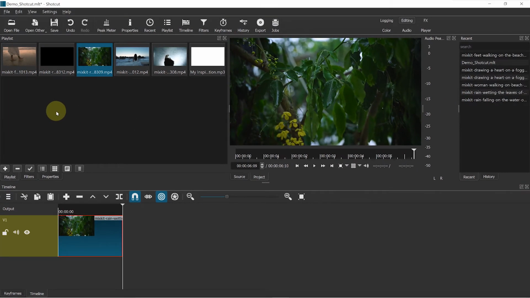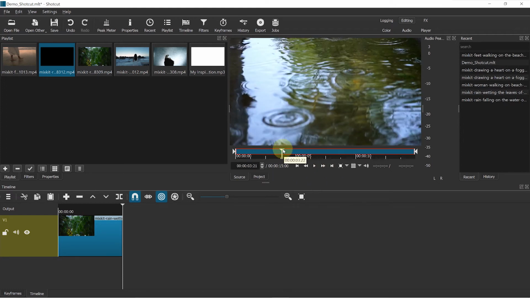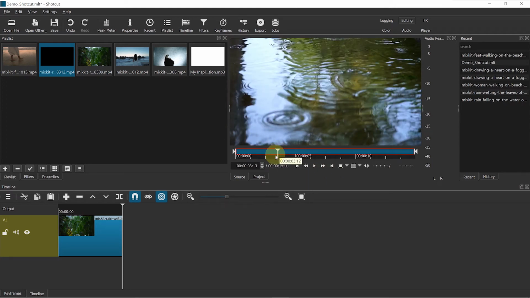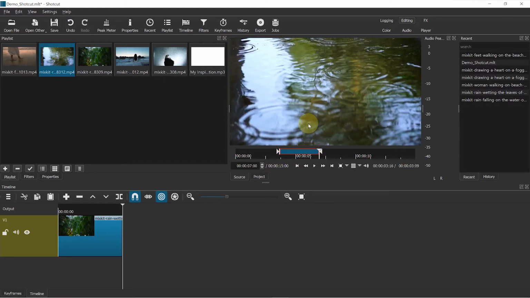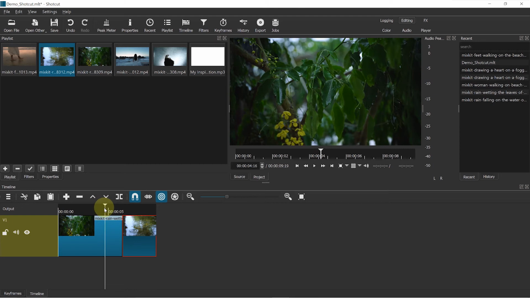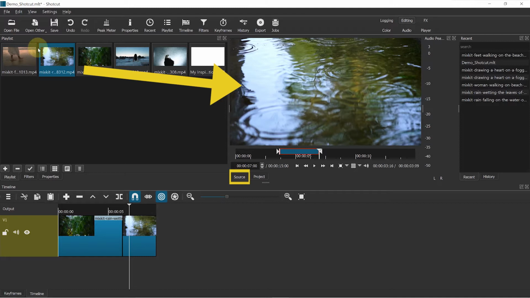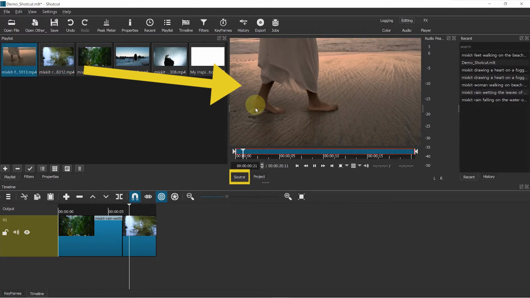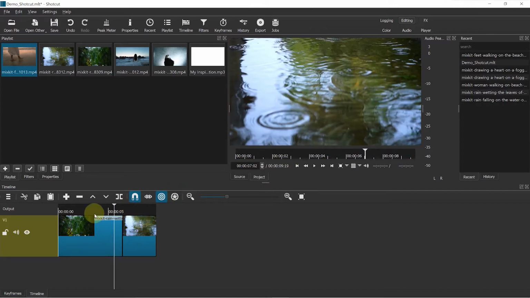Now let's add another clip to the timeline. Double click on the clip. It will open in the Source Monitor. Rather than using entire clip, if you want to use only small portion of this clip, then just move these white arrows, select your in and out points, then hold it and drag and drop it to the timeline. Now you have these two clips. And notice whatever you have on timeline, you can see it in Project Monitor. In Source Monitor, you can view your footage. And in Project Monitor, you can see the footage that is on your timeline.